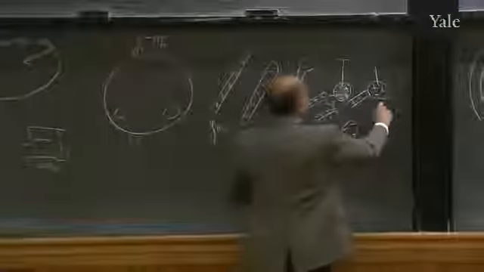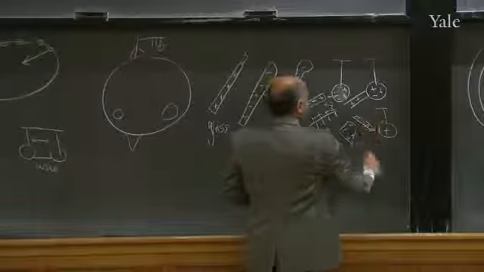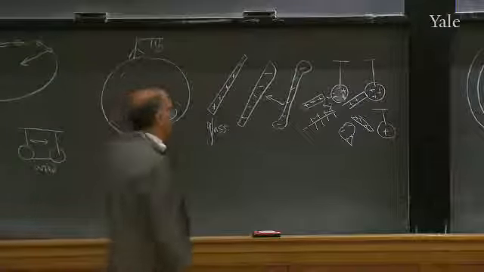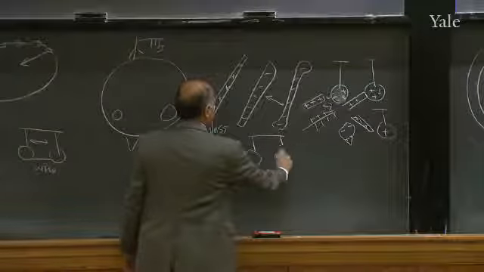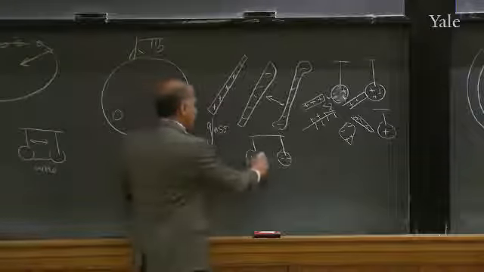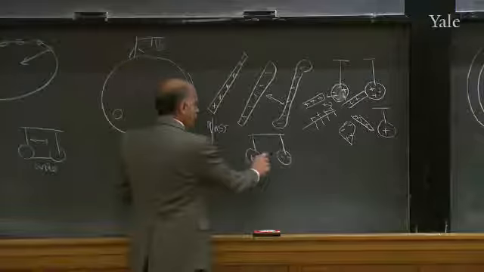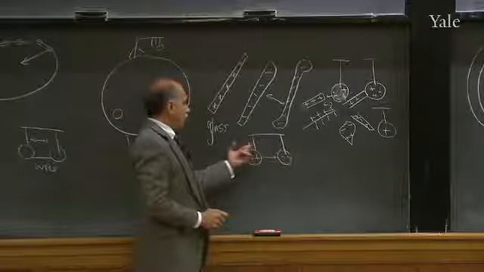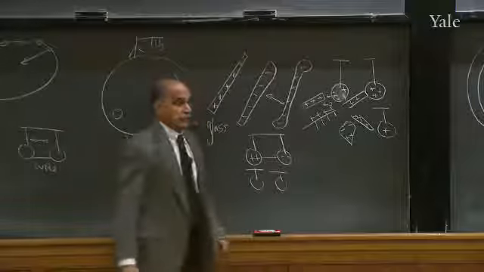Then when you separate them, you will have a ball with some plus charges, and you will have a rod with more plus charges, and they will repel each other. And finally, I said if you take two of these spheres, suppose one was positively charged, one was negatively charged, they are attracting each other. If you connect them with a nylon wire or a wooden stick, nothing happens. But if you connect them with an electrical wire, what happens is that the extra negative charges here will go to that side. Then when you are done, they will both become electrically neutral.